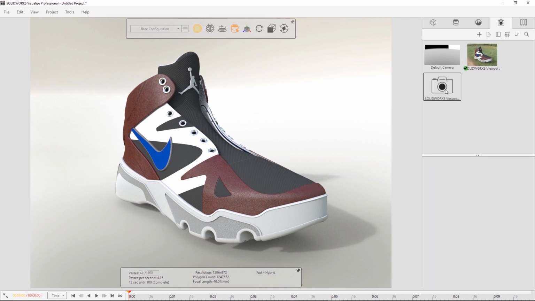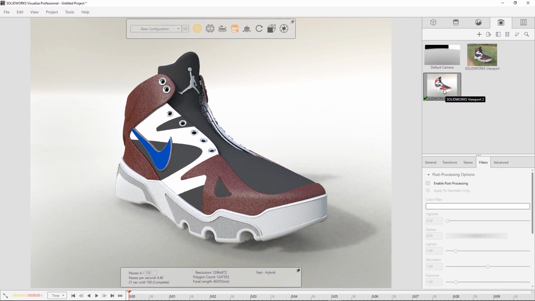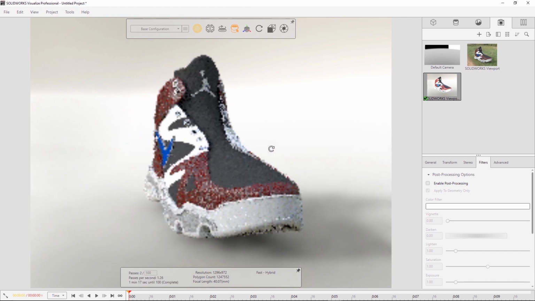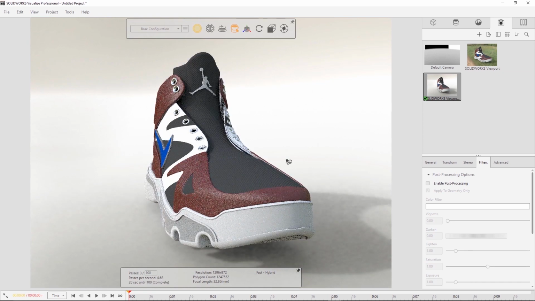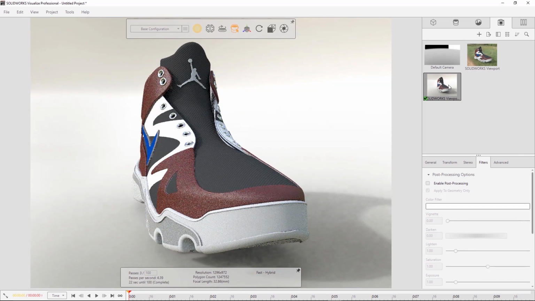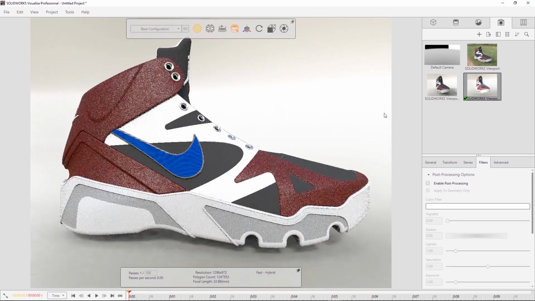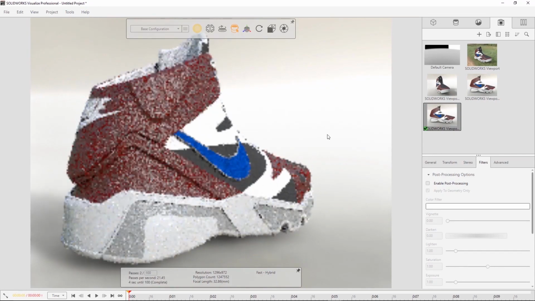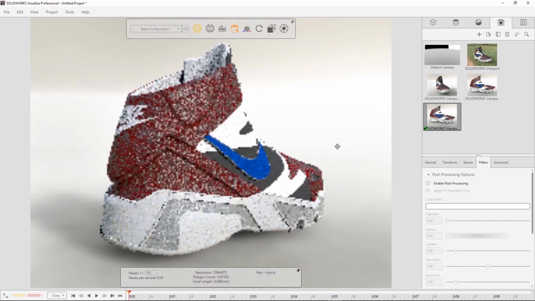So I'm just going to copy and paste that particular camera. So this basically captures the camera orientation. So maybe that's a really nice shot for me. Maybe I'd like another one that's kind of like that. Maybe I'll just skew the perspective a bit. So I'm going to copy and paste that one. Perhaps you want a nice side-on shot like this. So I'll copy and paste that one. And then perhaps a nice rear shot. That might be quite nice as well.